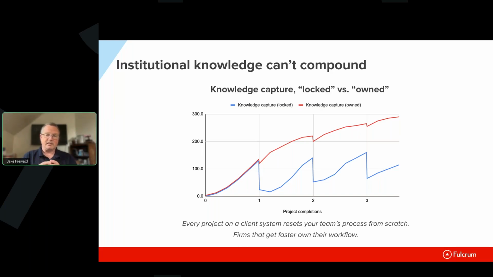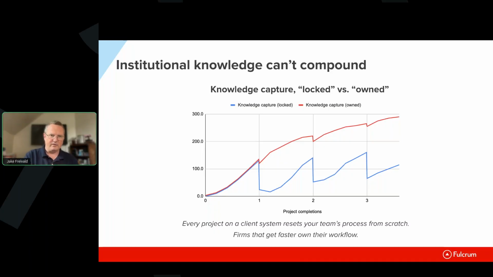Now, with a system that you control, something that is owned by you, where you're not locked into the customer systems, that's the locked versus owned part in the title there. When you own the systems, there is a certain amount of setup, right? You do have to start off with 40 hours' worth of work getting everything set up. But that's done one time. And then in future projects, you end up doing a little bit of additional setup to tailor things for the specific customer that you have, but you're not doing that complete setup that you had originally.